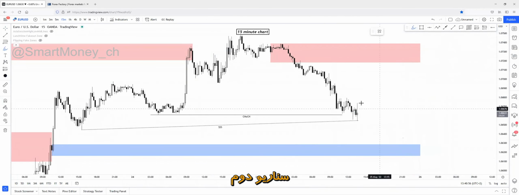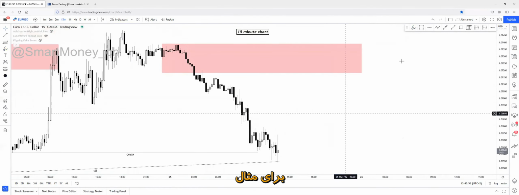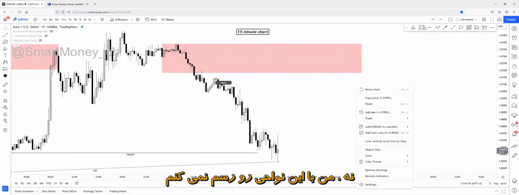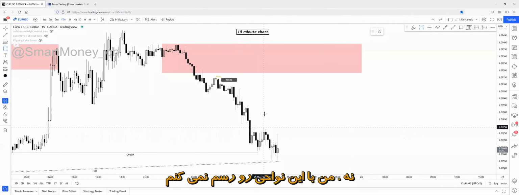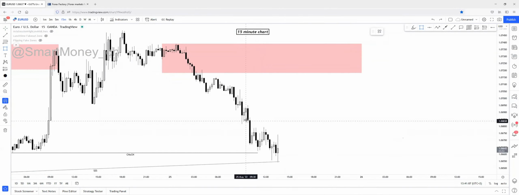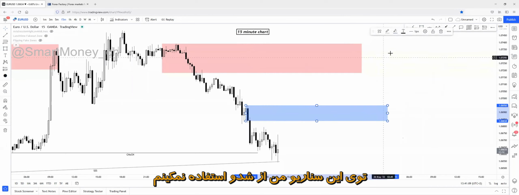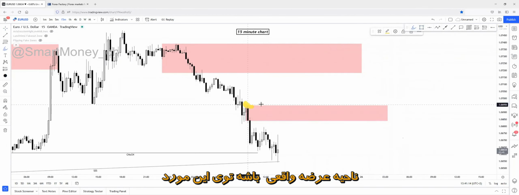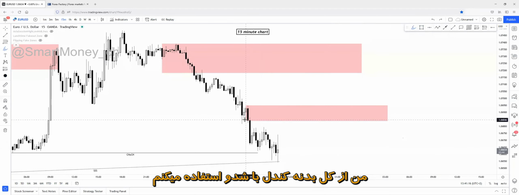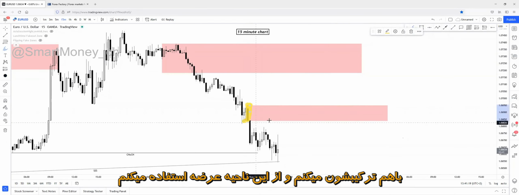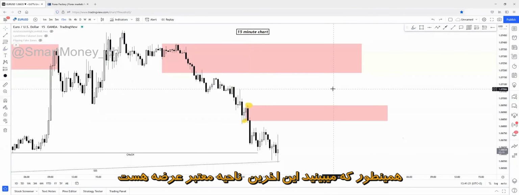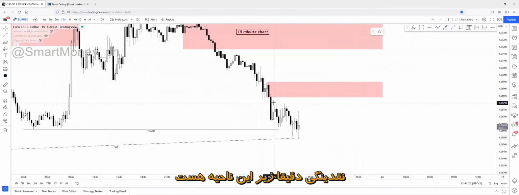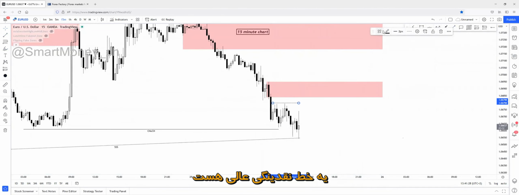Second high probability scenario, the price will react on some sort of 15-minute supply zone here. For example, like I'm not drawing the zone with this. In this scenario, I wouldn't use the wick right here because the wick is too small to be an actual supply zone in this case. So I will just use the full body and the wick combined together and use this supply zone. And as you can see, this is the less recent valuable supply zone on the 15-minute chart because it has a liquidity just below it. There's a perfect liquidity line right here.